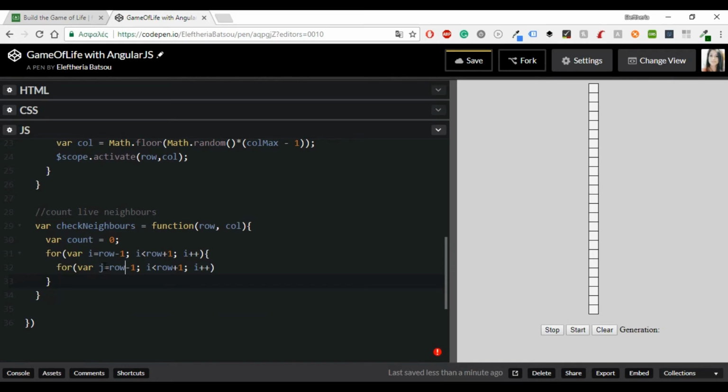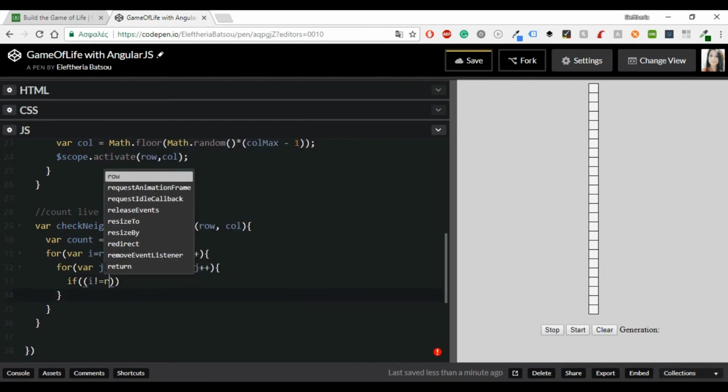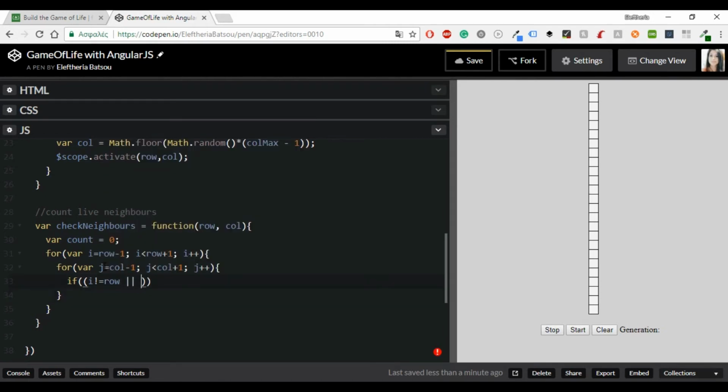Another for loop with j for columns, and inside there I'm going to have an if statement. If i is different than row or j is different than column, and